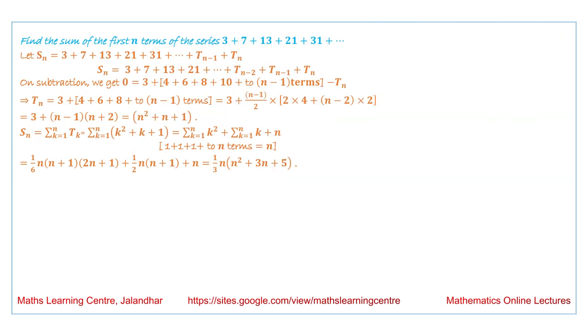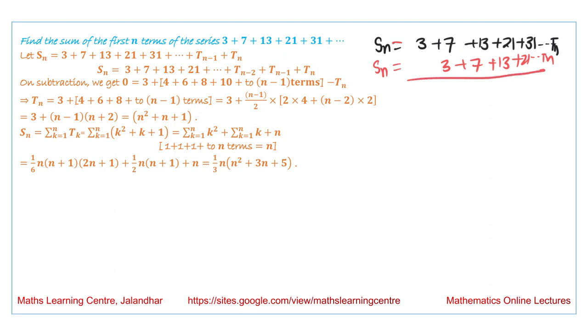Next is find the sum of the series. Again, Sn is equal to 3 plus 7 plus 13 plus 21 plus 31 and so on. Suppose the last term we are writing is Tn. Again we are writing Sn is equal to 3 plus 7 plus 13 plus 21 and so on up to Tn. If we subtract these terms, we will get 3 plus 4 plus 6 plus 8 and so on up to n minus 1 terms